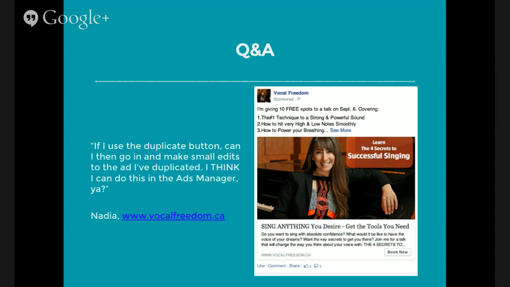And you can change the placement, so on mobile or on desktop, but you cannot change the copy of your ad, the image, or the link. So in order to do that, you're going to have to create a completely different ad.